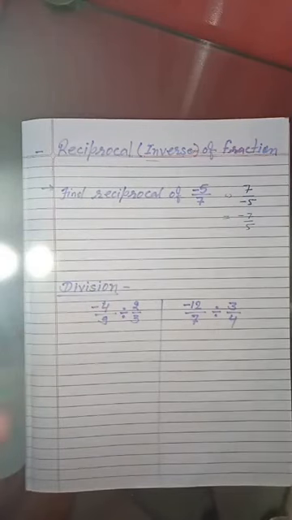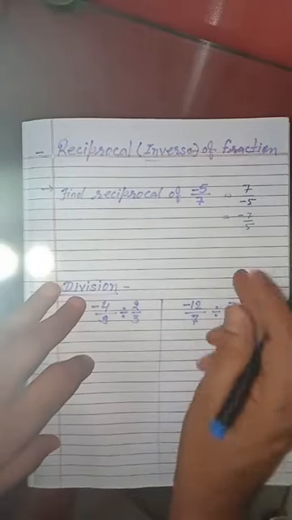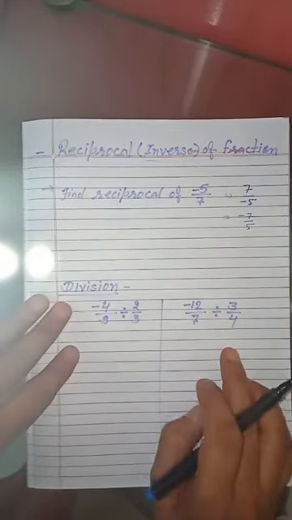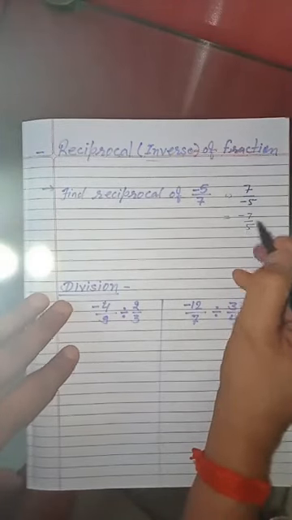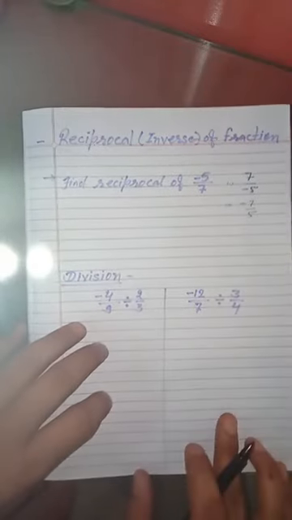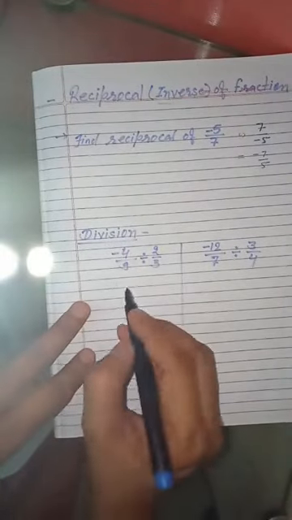How it is moved, what the process is, is for your further classes, but now you should understand that minus can be transferred to the upper side. So the reciprocal is minus 7 upon 5. We should use this reciprocal in our division. So now we are going through division. After some time we will also discuss reciprocal again.